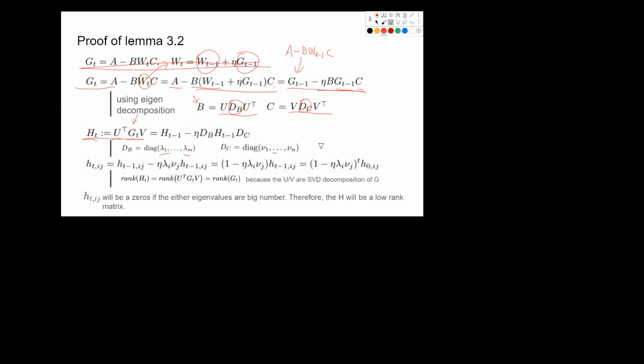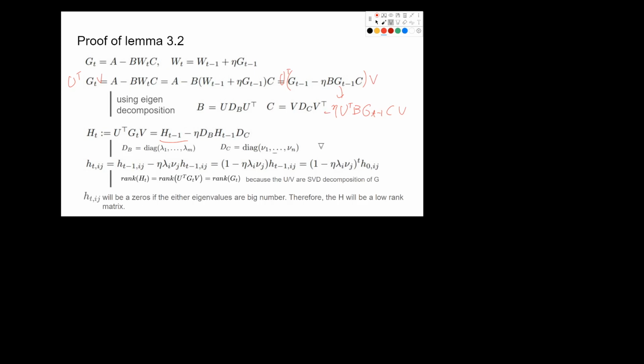So we can just expand it. Let's try to do it. The U^T and the V, we put the U^T and V on both sides, the U^T here and the V on this side. Okay, so the U^T G_t minus V, by definition, it will be H_t minus 1. And the second one, the U^T B, let's write it down, the lambda U^T B G_t minus 1 C V. Okay, the second term will become this.